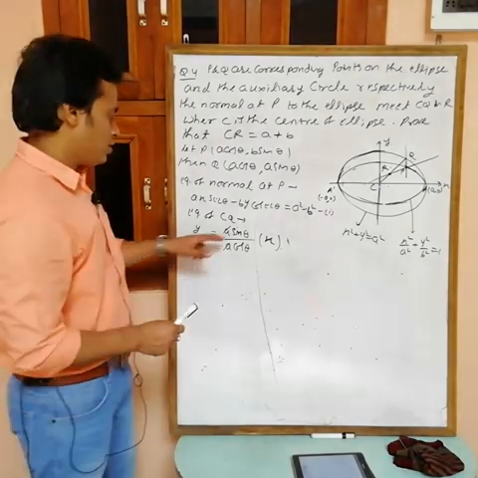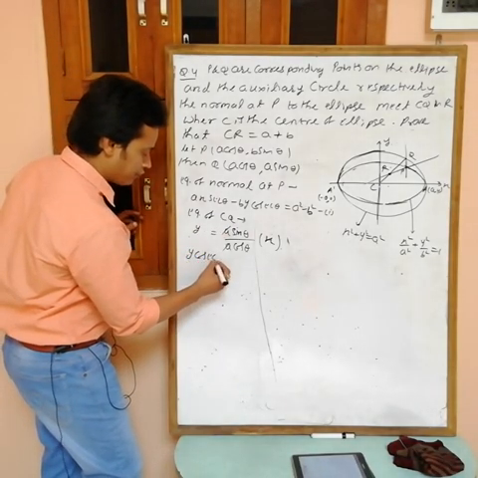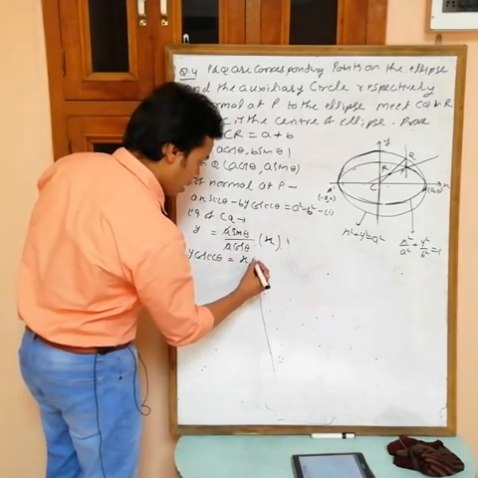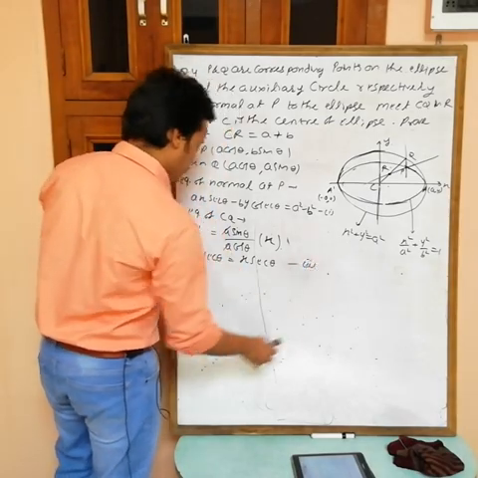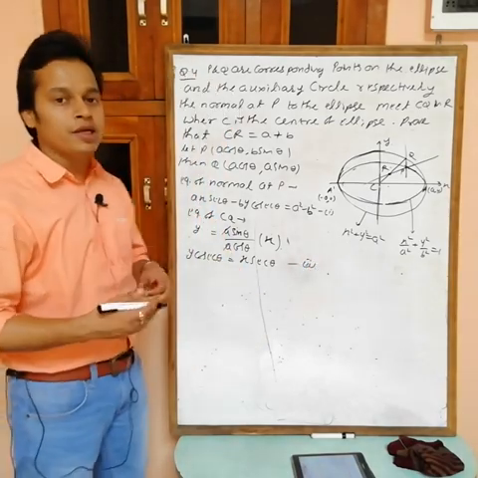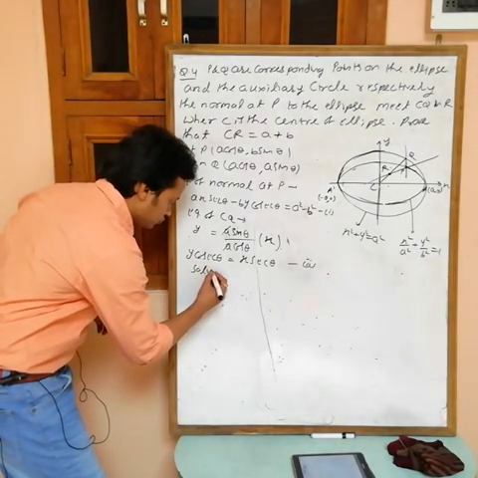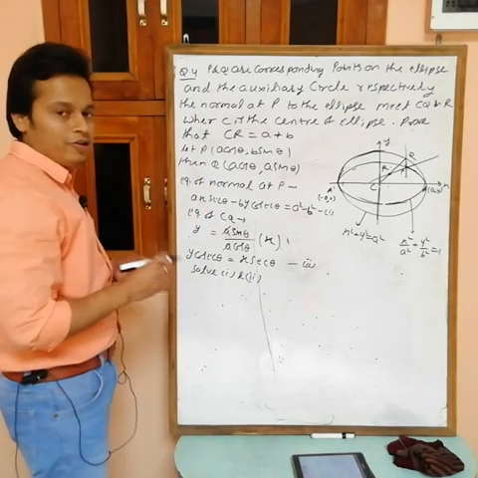Divide with sine. Then what will you get? Y by sine is y cosec theta equals x by cos. Cos in the denominator becomes sec in the numerator: x sec theta. Okay, equation number 2. Now solve first and second to get R. We want the value of x and y.